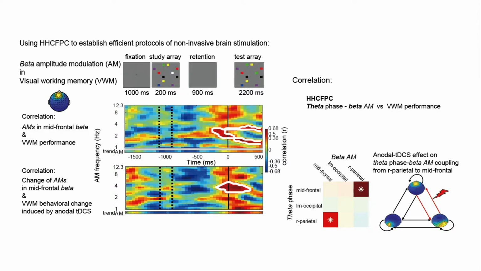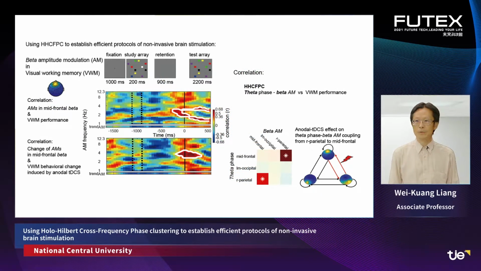In our 2021 study published in Neuroscience, we demonstrated that both the beta amplitude modulations, AMs, and the theta-beta HHCF-PC between midline frontal and the right parietal brain regions are correlated with the visual working memory performance. Furthermore, we use the HHCF-PC result derived from the cognitive brain function as a guide to optimize the parameters, for example, frequency, amplitude, montage, and the frequency and the depth of nonlinear modulation patterns of non-invasive brain stimulations, NIBS, and